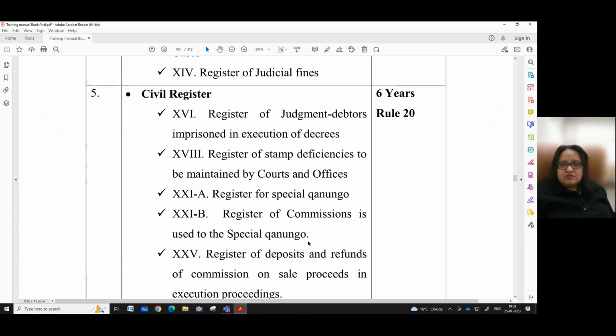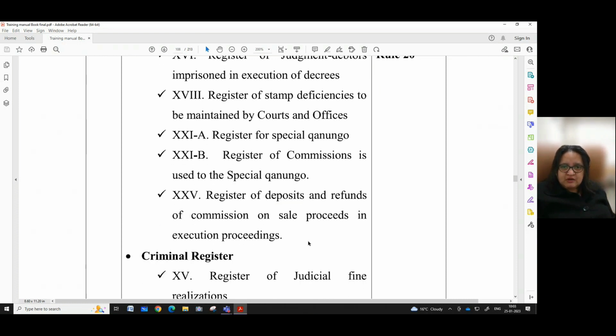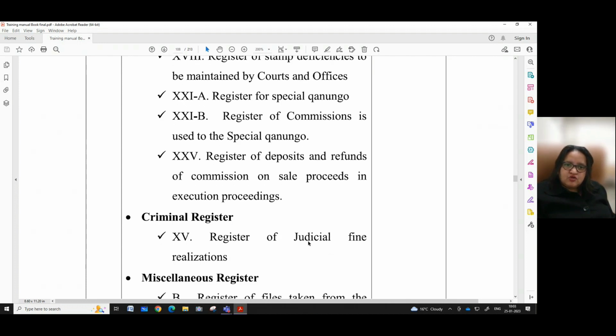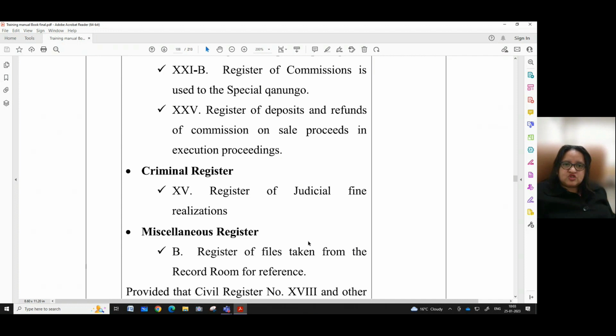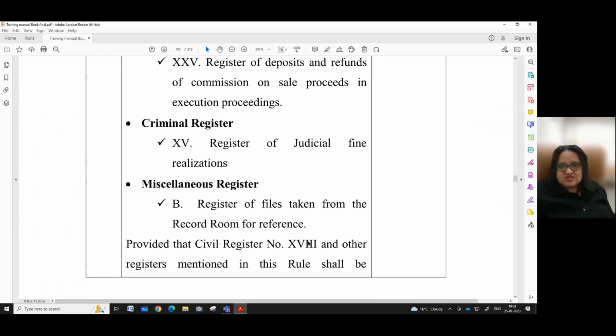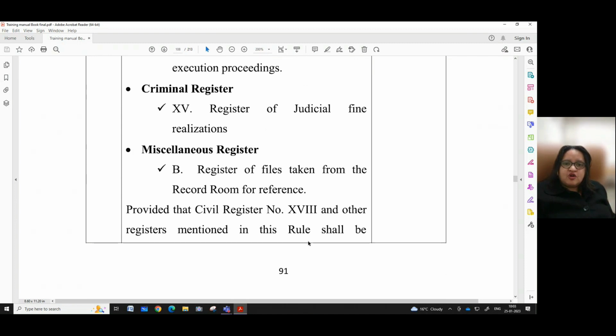Civil registers and criminal registers to be preserved for 6 years as per Rule 20 are: register number 16 of judgment debtors imprisoned in execution of decrees, register number 18, register of stamp deficiencies to be maintained by courts and officers, register number 21A for special Kanun Go, register number 21B of commissions which is used by the special Kanun Go, register number 25 of deposits and refunds of commission on sale proceedings and execution proceedings,